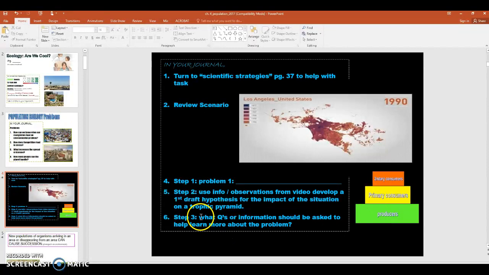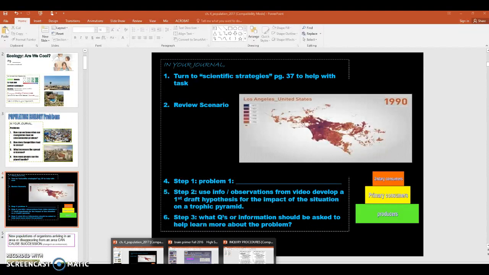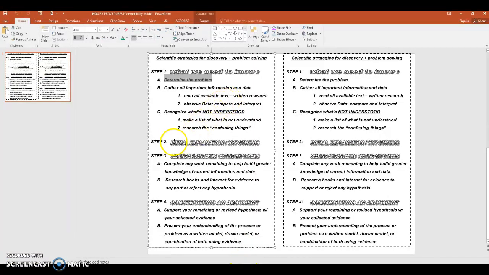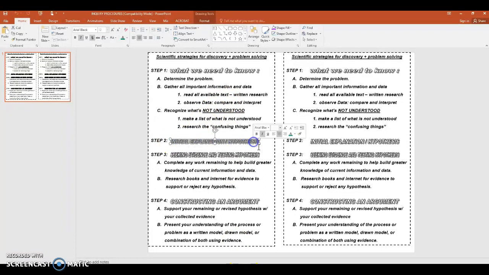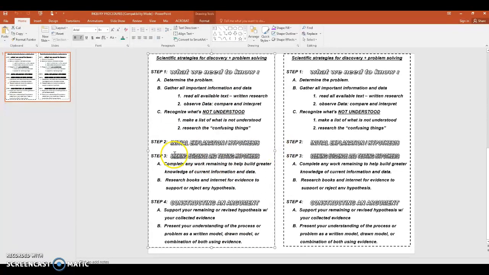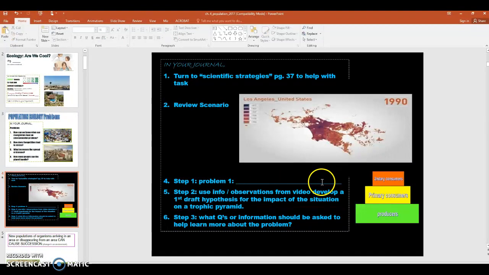All right, step 3, it says, what questions or information should be asked to help learn more about the problem? And that ties back to our initial hypothesis that you just generated, and then it is seeking evidence. So what's remaining work to help build a greater knowledge of the current information and data? We're just following along. We did step 1, step 2, and now step 3 is just trying to find more evidence to learn more about this problem. So based on the problem you've designed and the hypothesis you confidently predicted,